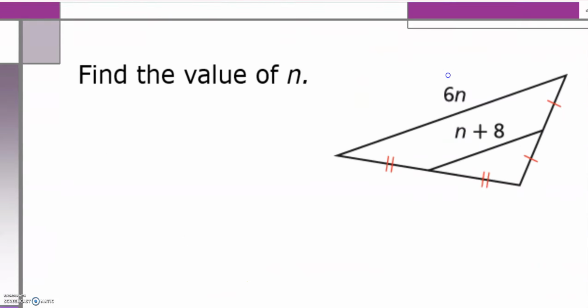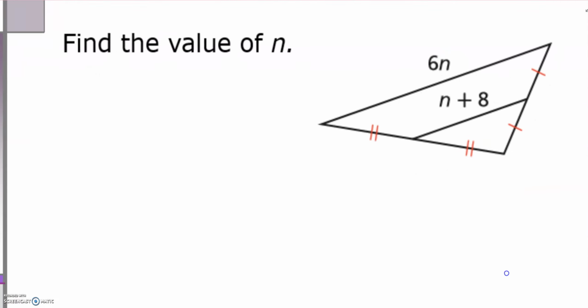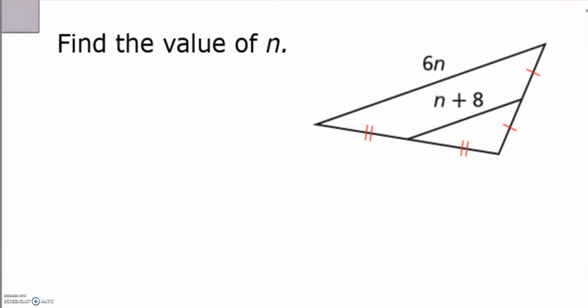So I would like you to please try and pause the video here for a second. Try this problem out on your own, and then press play and see if you got it right. Okay, so when you come back to this video, hopefully you got that n equals 4. If you have that n equals 4, you can move on, just skip ahead a little bit, but here's your